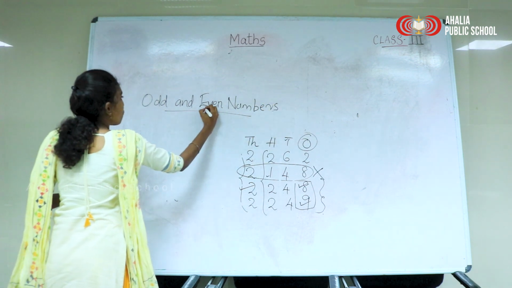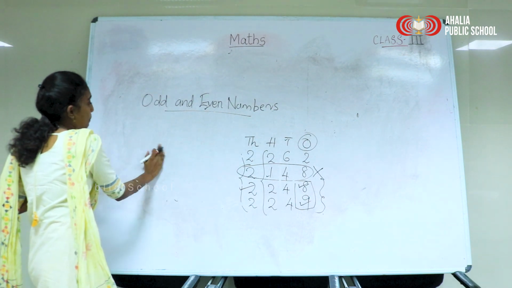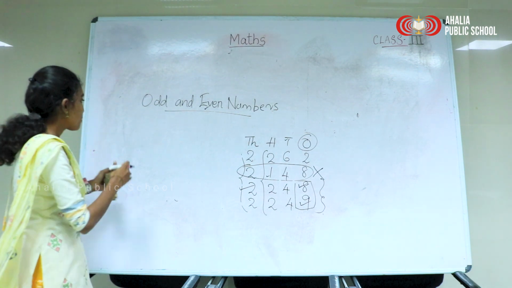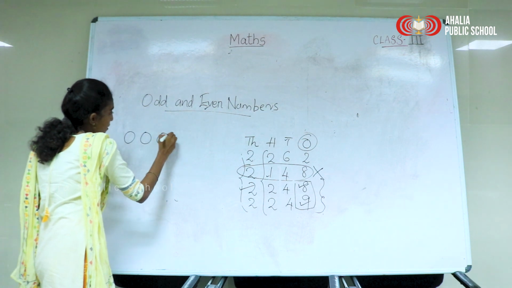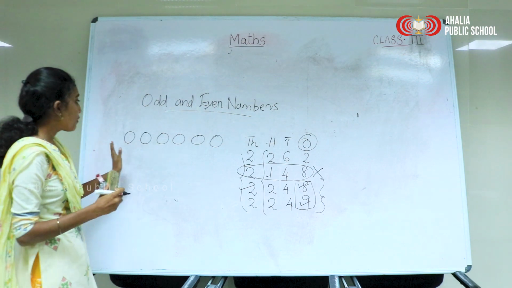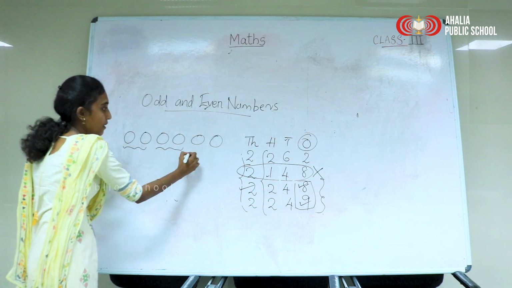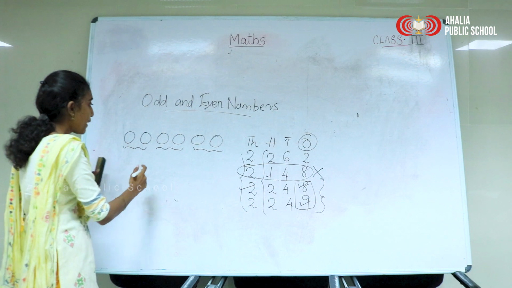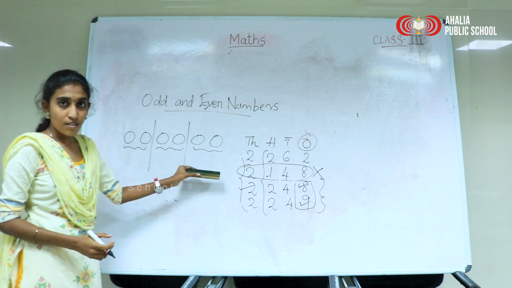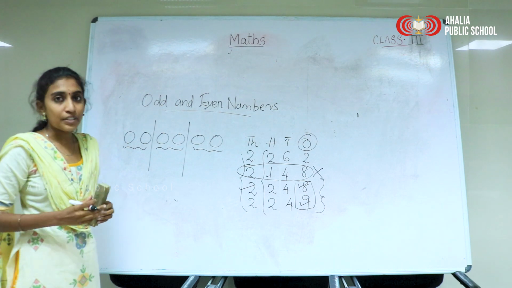So first we will look at even numbers. What are even numbers? The numbers that can be paired are even numbers. Pair എന്ന് പറഞ്ഞാൽ എത്രയാ? 2 അല്ലേ? So suppose you are having 6 balls. Now we will pair these balls. Pair means what? 2. So this is a pair, this is a pair, this is a pair. So we have paired the given balls equally, right? We can pair 6 balls equally. That means 6 is an even number.